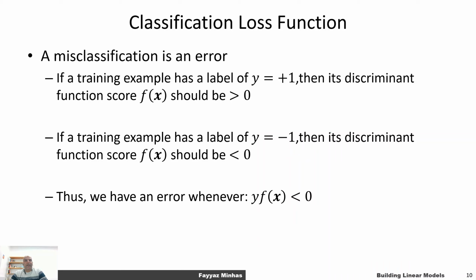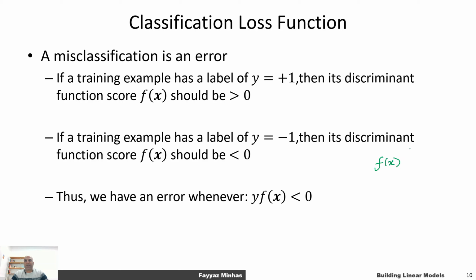So if we have a positive example, then the output should be positive. And if we have a negative example, then the output should be negative. Thus, whenever that case is not satisfied, we have an error. So we have a misclassification when the output from the machine learning model,